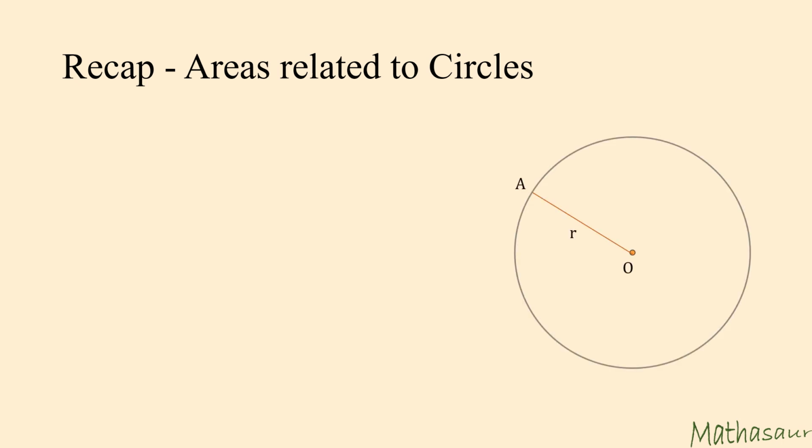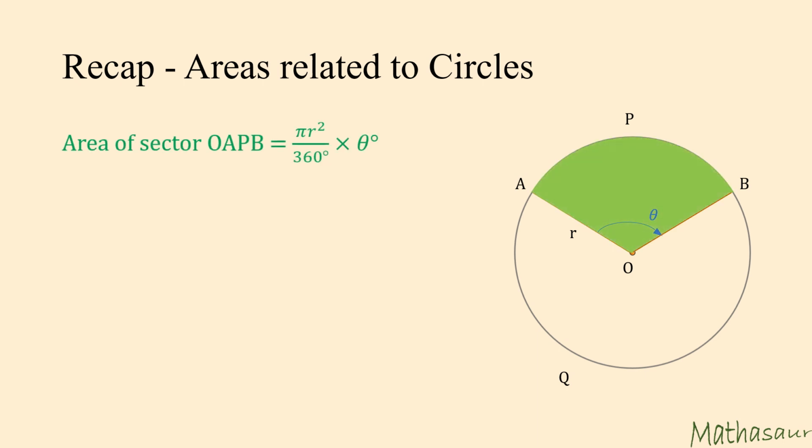Let us take a circle with center O. Now here OA is the radius. Let us take another radius OB such that angle AOB is equal to theta. We can see the minor arc APB and the major arc AQB. Now the area of the sector OAPB would be equal to pi r square by 360 times theta, where 360 is the angle subtended by the circle at the center and theta is the angle subtended by the sector at